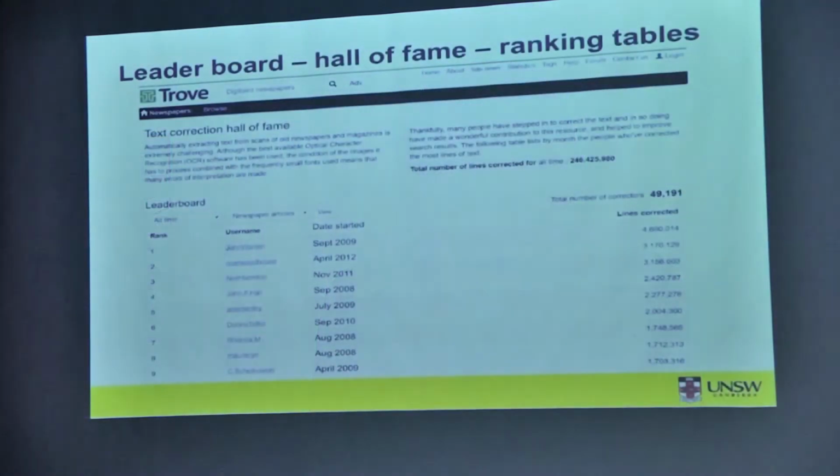In our first beta version, we only had a list of the top 5 correctors. Very quickly, many users requested a complete ranking table because they wanted to know where they were in the overall big picture. Stakeholders thought we had started to make the text correcting deliberately competitive, but we had not. The rankings were entirely in response to our users asking for them.